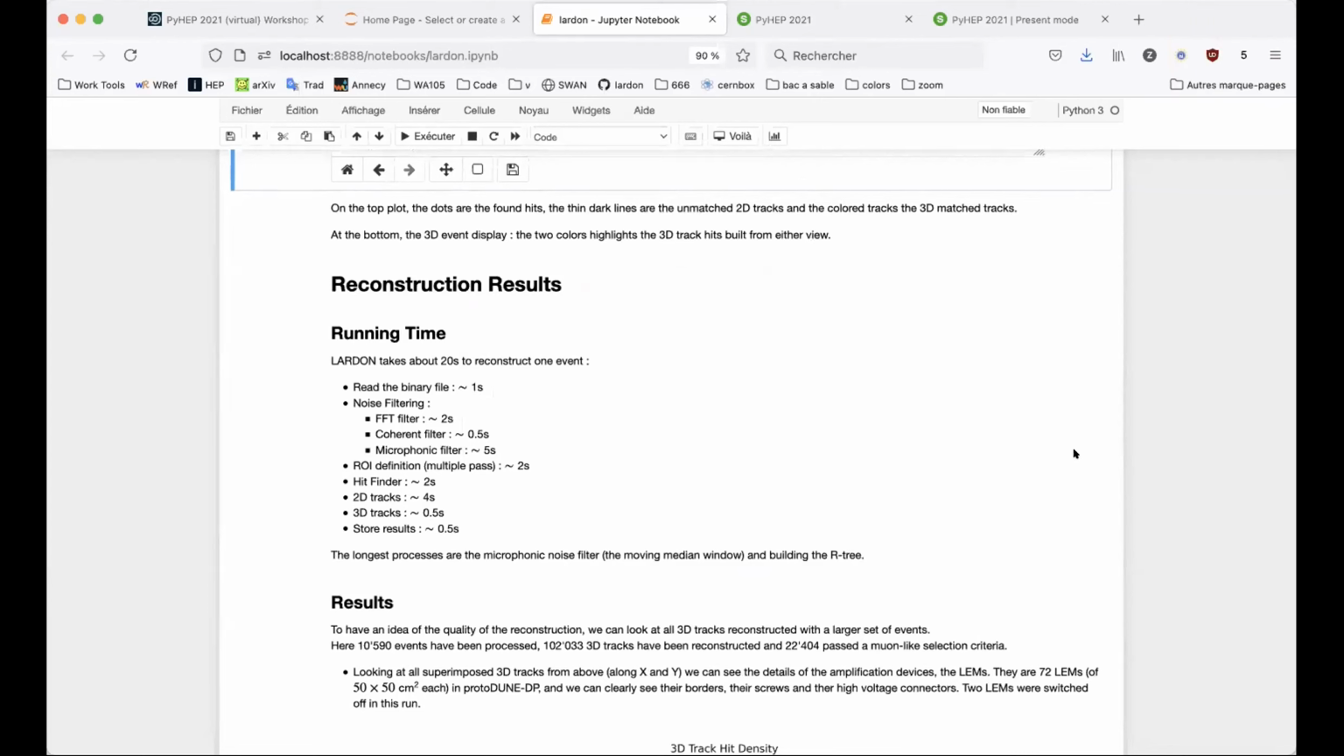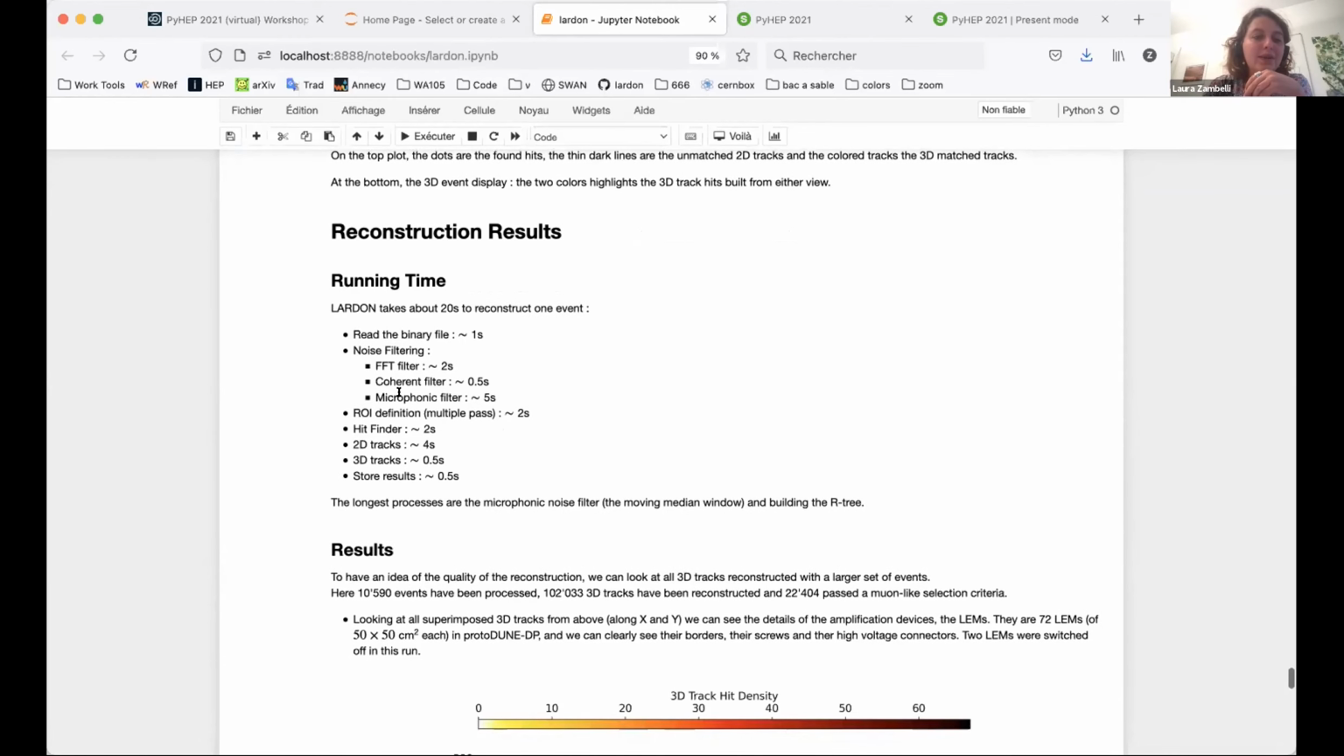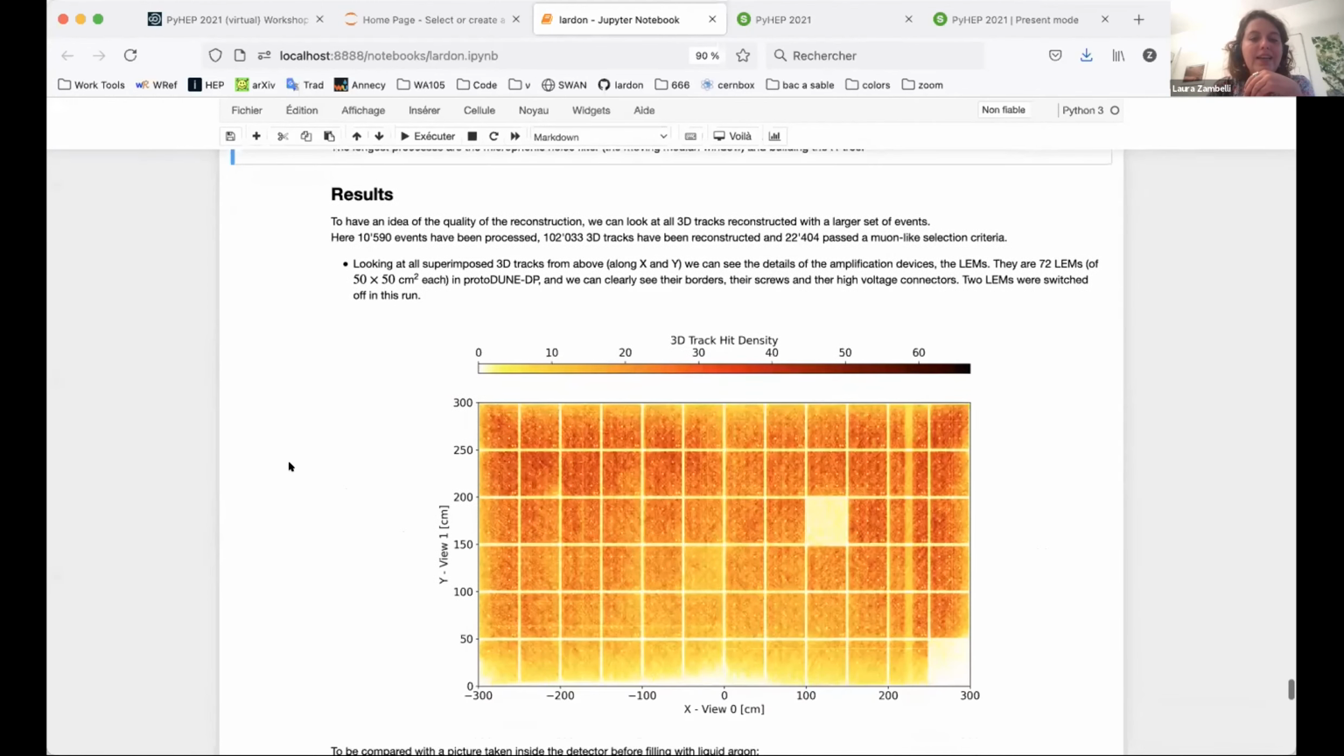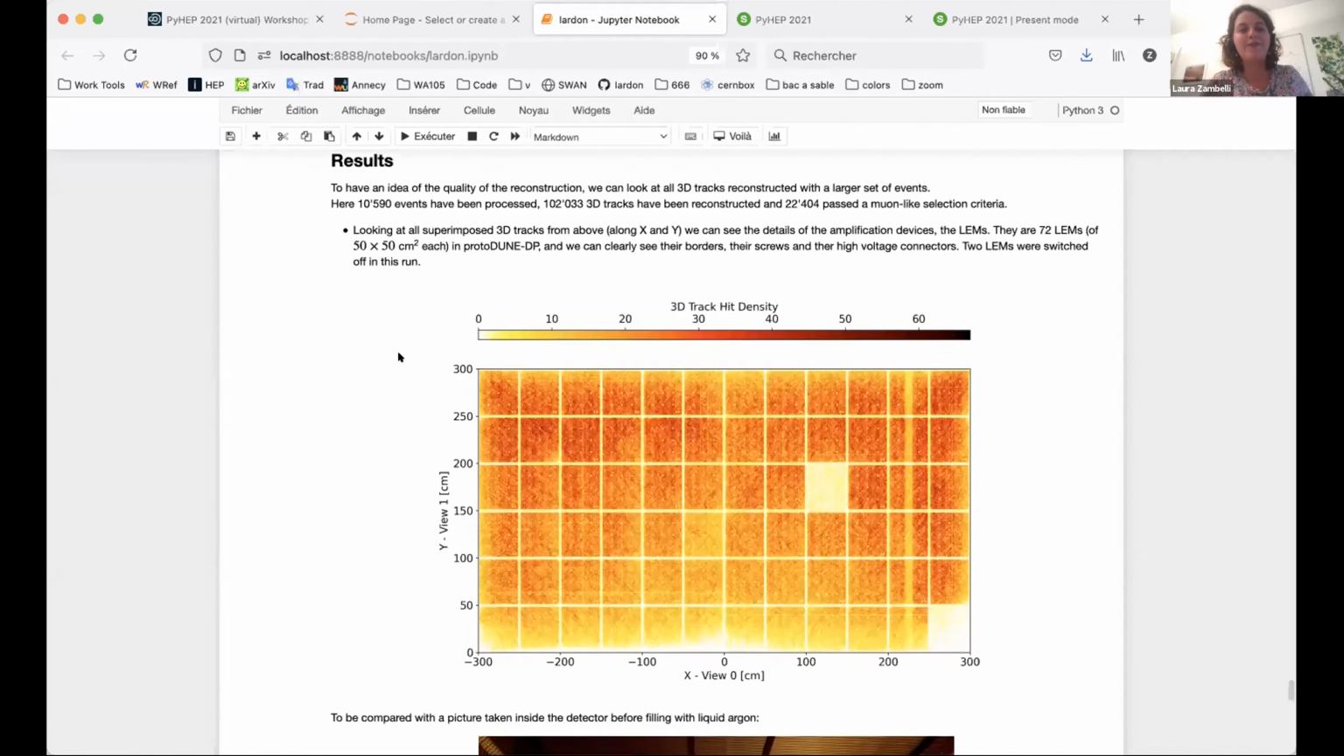I will quickly finish. In terms of running time, it takes about 20 seconds to reconstruct an event, where the microphonic filter is the longest, and the second one is to build the R-tree index for the hits. And just before, because I like this one,